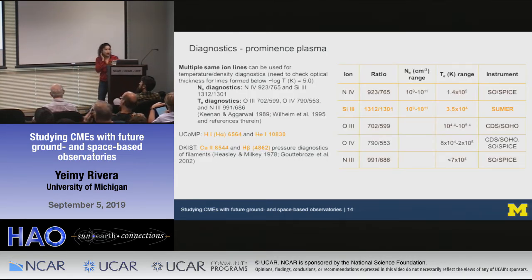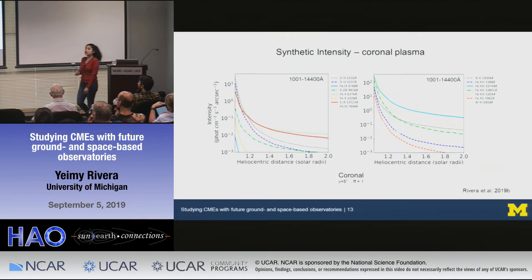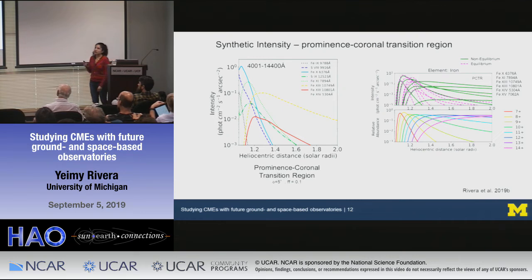Okay, so as I mentioned, we looked at several different lines. We tested a lot of different lines, but we also included a list of recommended lines. The recommended lines are, and this is sort of very arbitrary, any line that reached a value above an intensity of 1 at any point during the evolution. So it's really important to go and look at these plots, because the line may not be visible throughout the entire evolution of the plasma, especially with something like the PCTR, which is already very, very